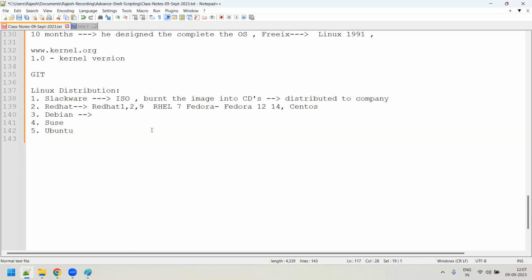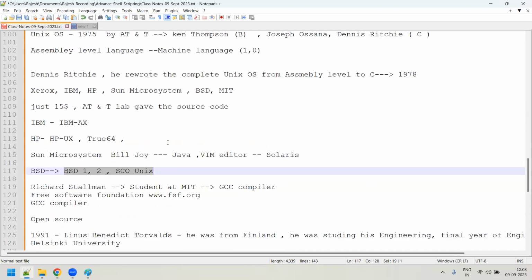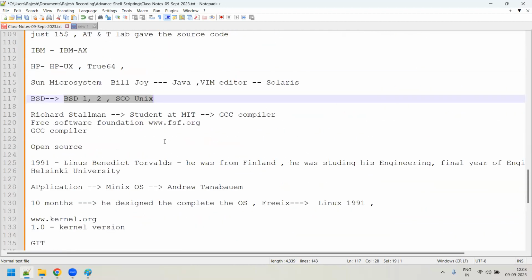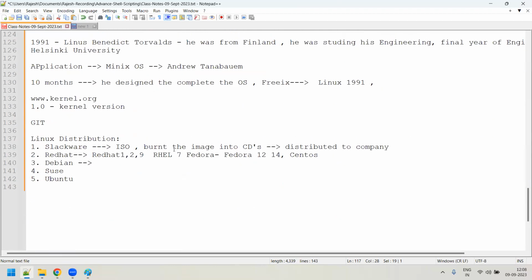Clear? Okay, so guys, this is all about some basic understanding of the background of how Linux came into existence. I didn't go into very much detail because that is not required for us. If you are very passionate or you really want to go into it, you will find a lot of articles on Google where they have explained elaborately how things happened one after the other, and if you go to the articles, you will really enjoy reading all those things.